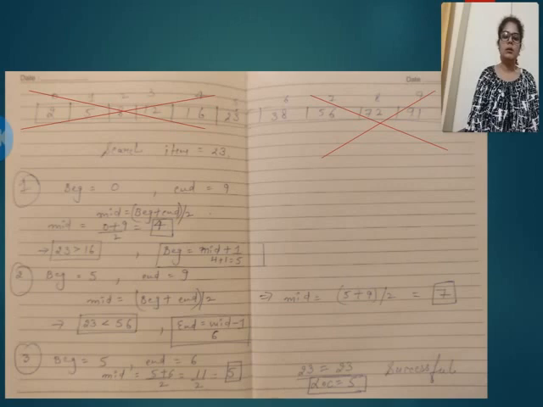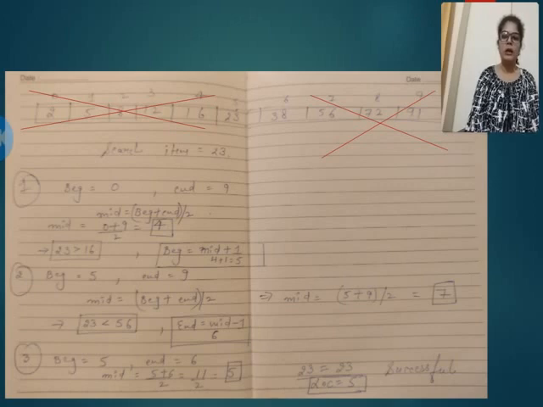In binary search, the first step is to calculate the mid. The formula to calculate the mid is beginning plus end divided by 2. Here, look at the first step. The beginning is 0, whereas the end is 9. So by applying the formula, beginning plus end divided by 2 equals 0 plus 9 divided by 2, which is equivalent to the integer value 4. So the mid is 4.